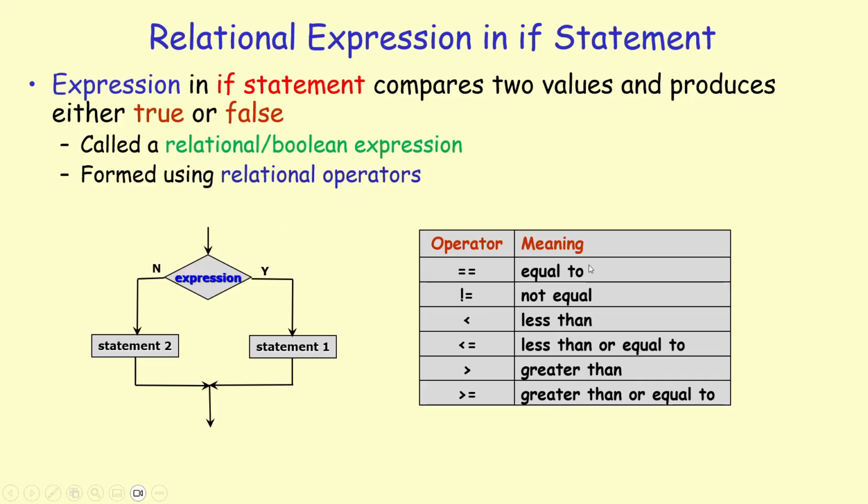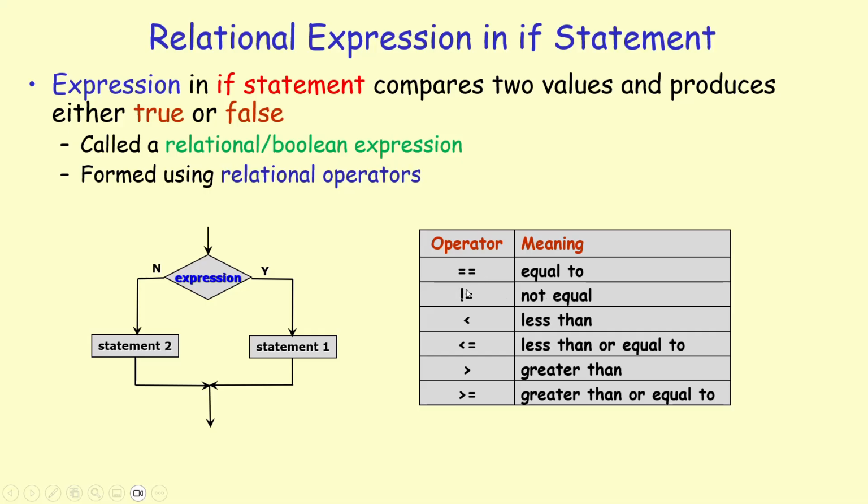So let's look at equality. Equality is equal, equal. Remember, in C++, a single equal symbol represents an assignment. So we use that operator to put a value into a variable. But in order to test for equality, you put two equal signs. This is a common mistake. Instead of putting two equal signs to represent equality, sometimes you forget one of them and use the assignment operator. So this is a common mistake that you have to pay attention to.